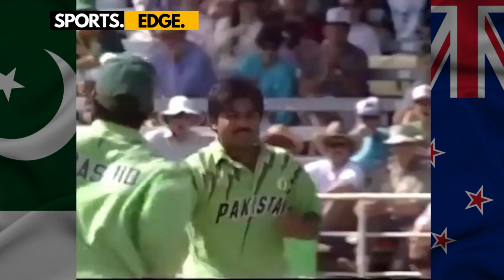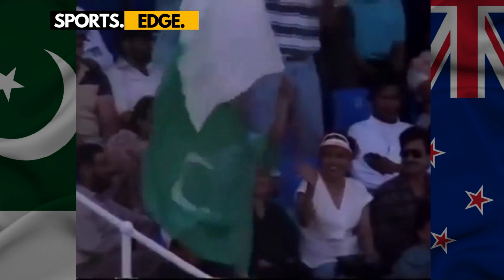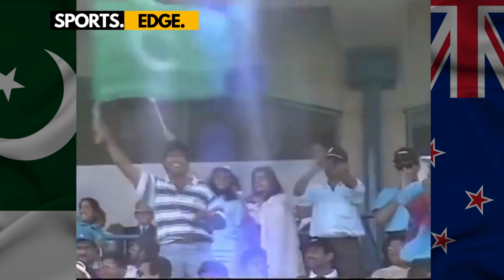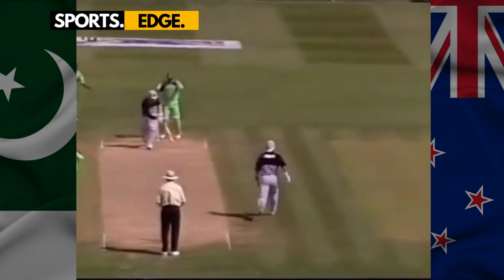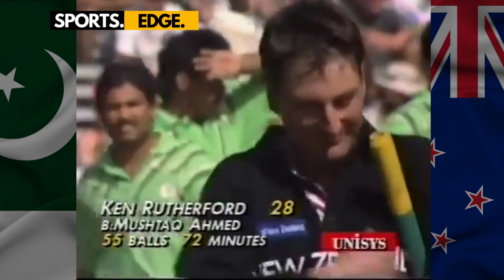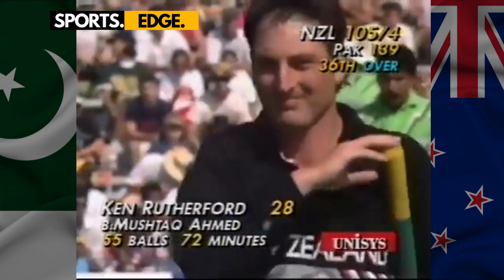Oh, he's bowled. Rather a careless-looking shot by Ken Rutherford. And Mushtaq gets the wicket. And New Zealand 105 for 4. This looks to be the ball that hurried on. Kenny went to sweep it. There was a gap behind square, and that was the top spinner. Hurried on to the batsman. 4 marks to Rutherford. He's batted very well for New Zealand this afternoon. Yes, he has another 28 from Ken Rutherford. 105 for